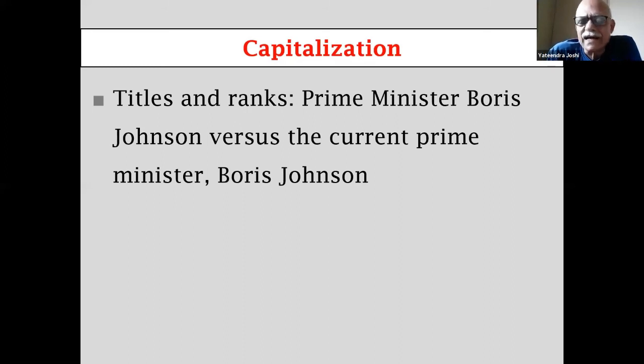Capitalization, as I said, is still a gray area, so you can't always know which is to be capped and which is not to be capped. For instance, the convention is that if the title precedes the name of the actual title holder, then the title is capped. So Prime Minister Boris Johnson, P and M will be capped. Whereas if it does not come in this way, the current prime minister, it is small p and small m,